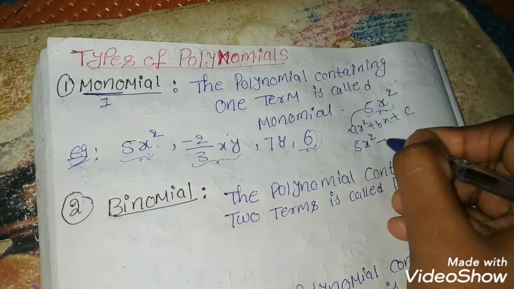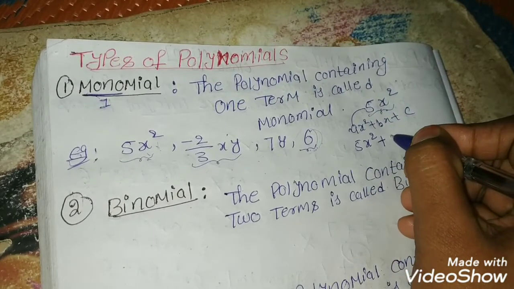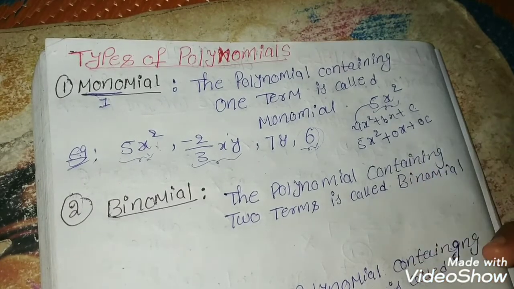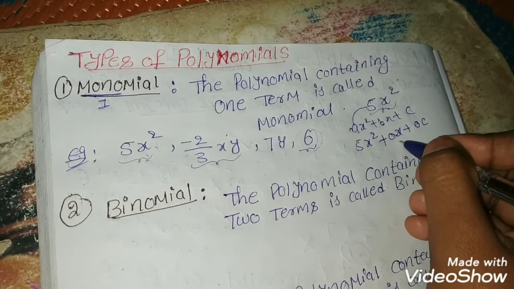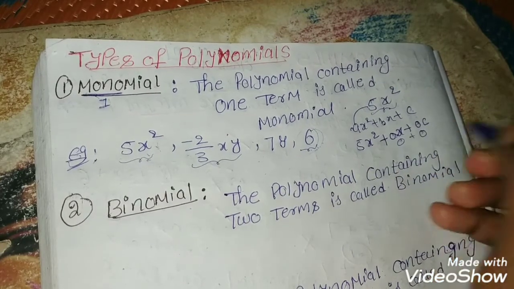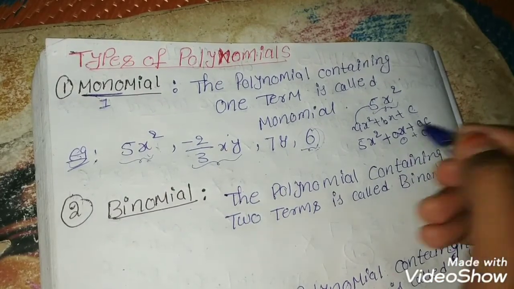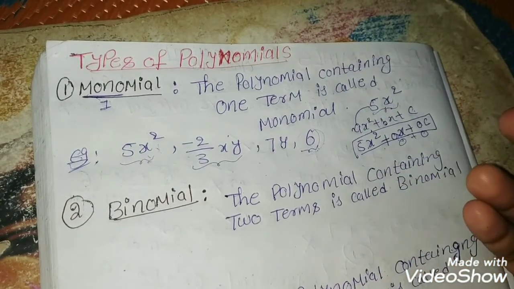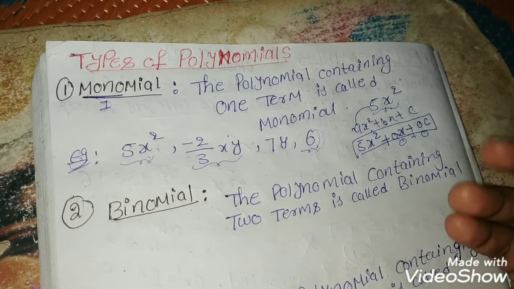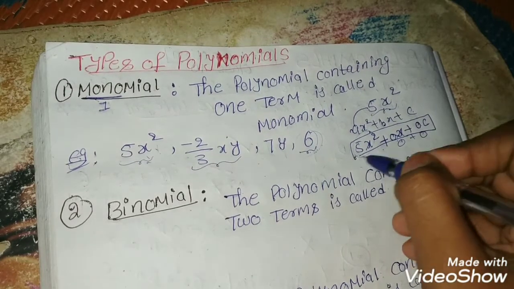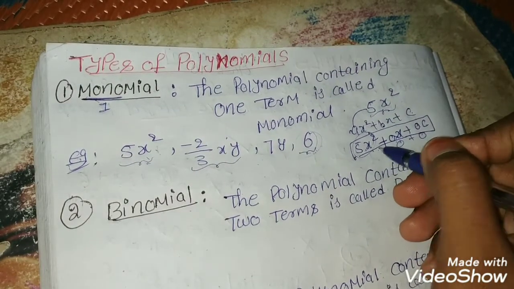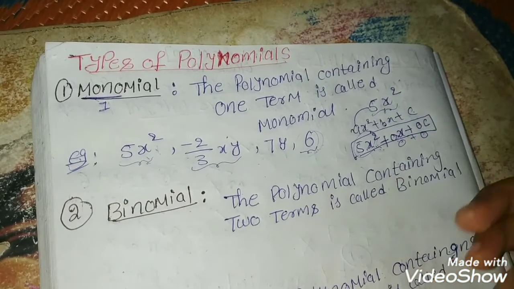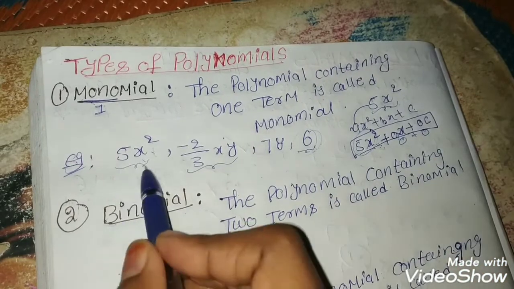x square plus b is nothing but 0x, plus the constant also 0c. 0 into x is 0. 0 into the constant is also 0. Okay, we get an algebraic expression that is 5x square plus 0x plus 0c. Okay. Of course, 5x square is also a polynomial. But in this, it is one of the types, a monomial. Okay, we have only a single term.